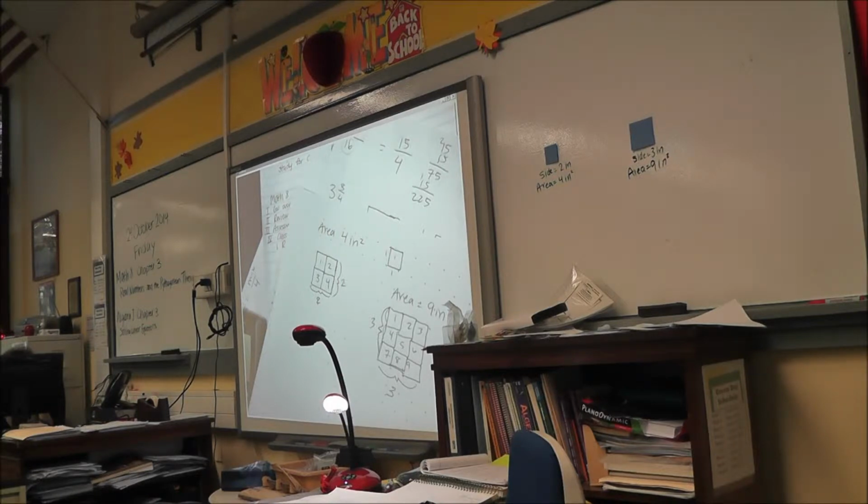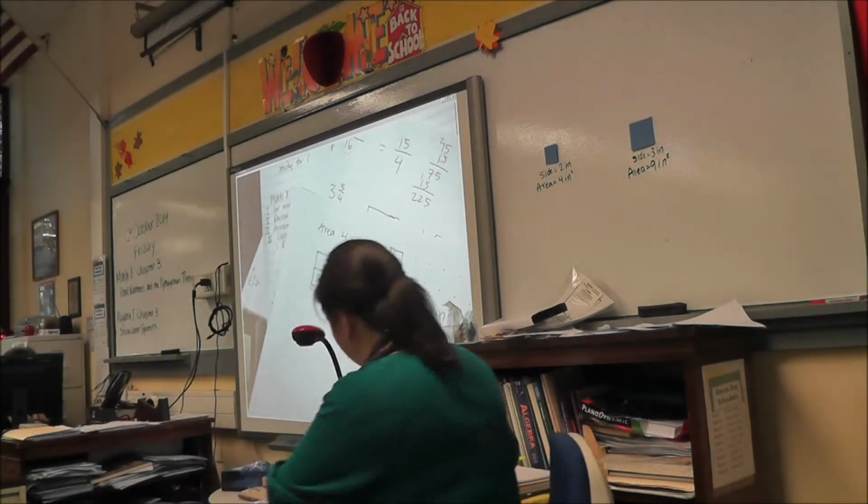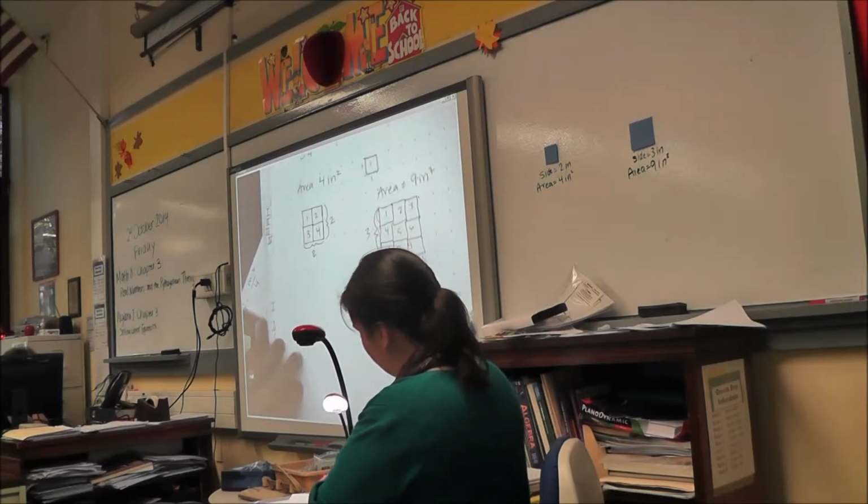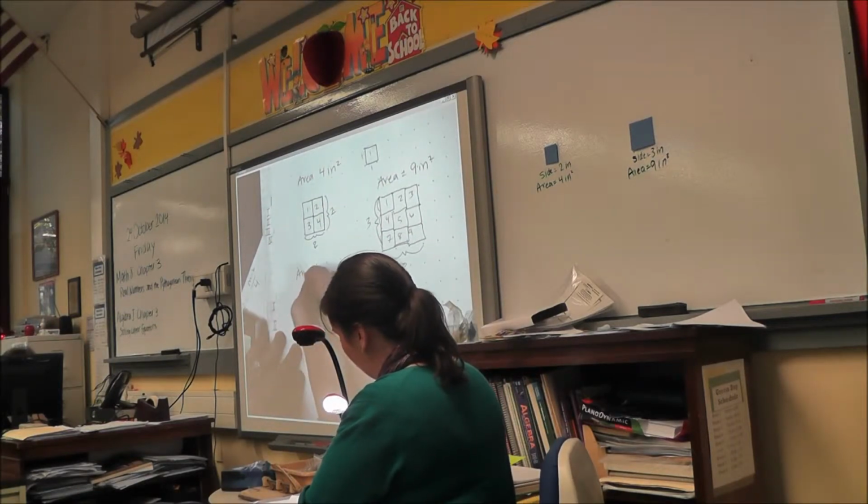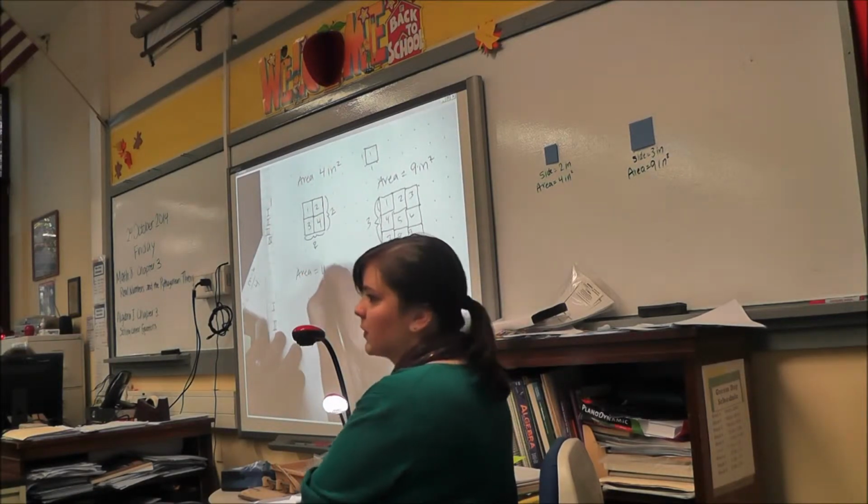So count how many boxes are in there. Remember, squares have to be equal on all 4 sides. That was a 9, but you checked it out. Yep. Okay, so for an area of 16 inches squared,